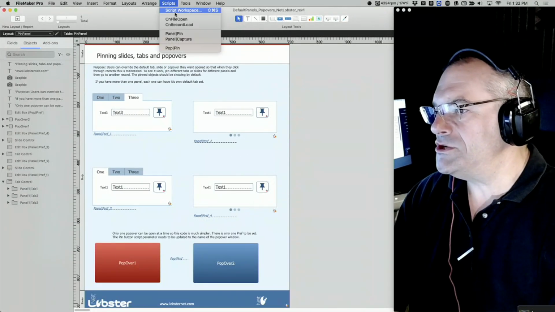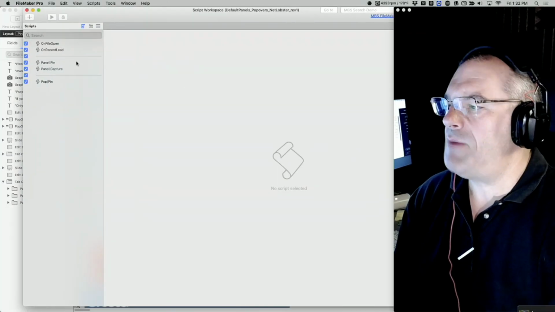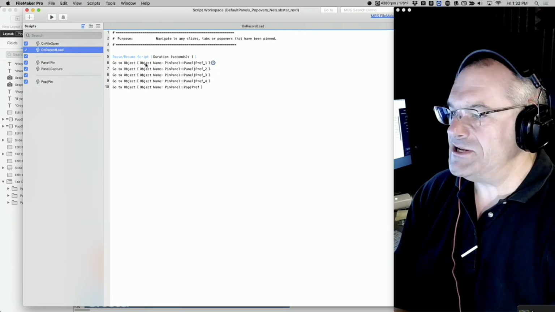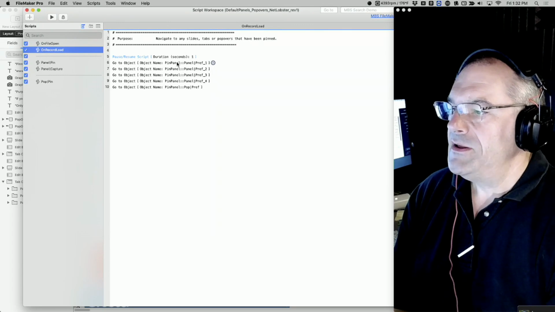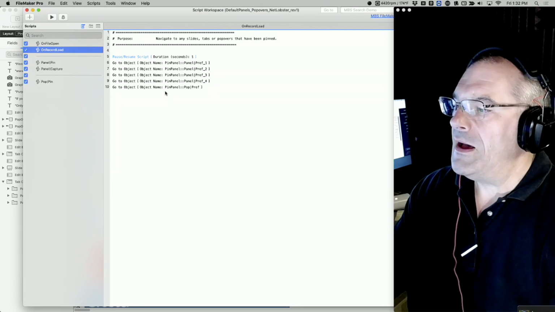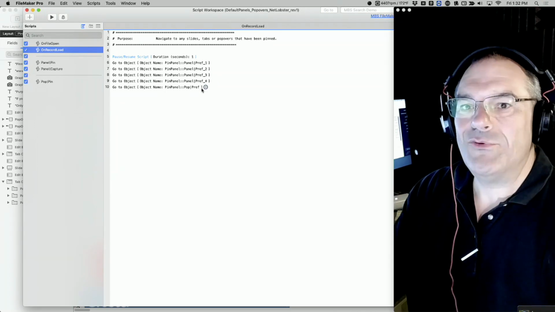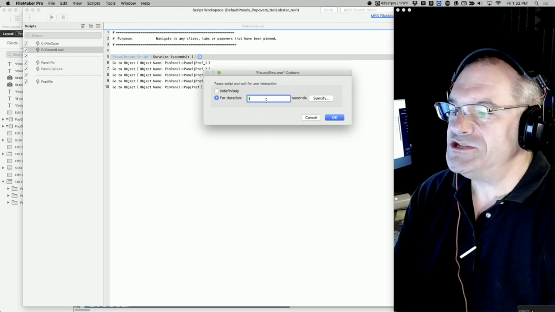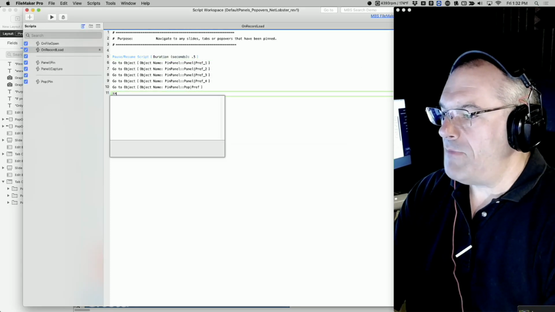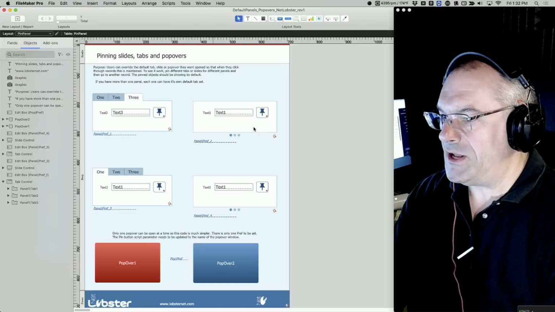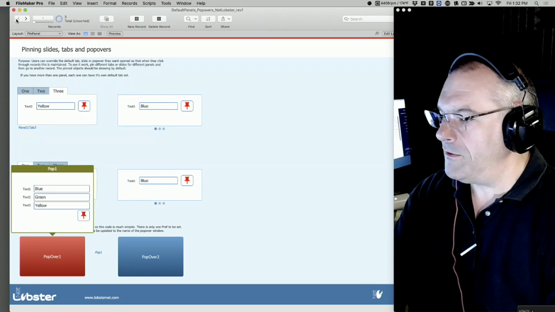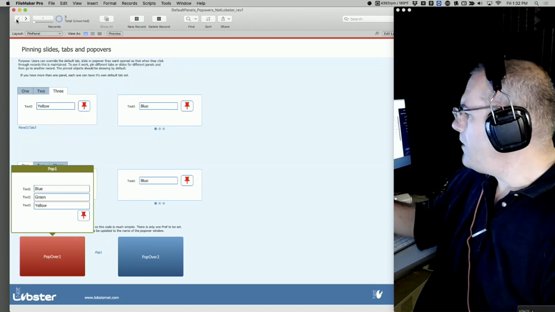So if I come back over here to script workspaces, it's kind of a conversation that came back from, I think Nick was talking about stuff, but you have on record load, and what it does is it says, go to this object and go to this panel, whatever the default is, and do this and do this and do this, and then pop an object on the pop-up if it was edited. And I put this 1 second delay in here. I guess you could make it 0.5 or something, right? My goal was not to really slow things down as it was to indicate to the person where the pop-up is coming from, right? So if I flip forward here, you see that's a little bit of delay. So conversations here,